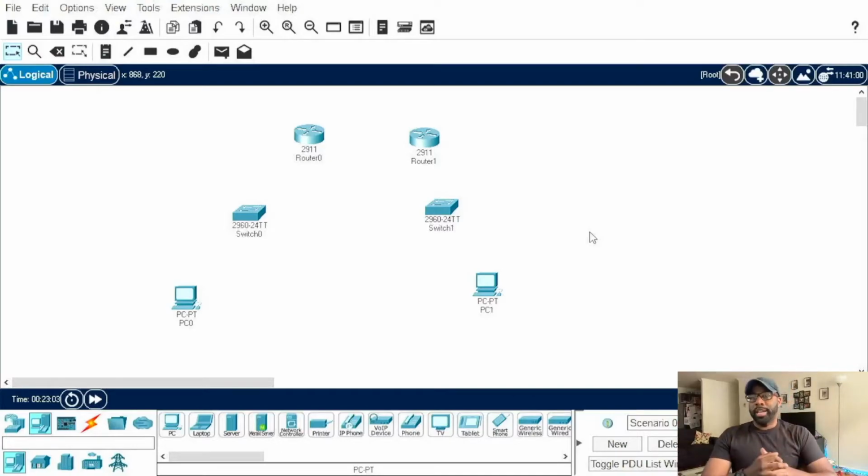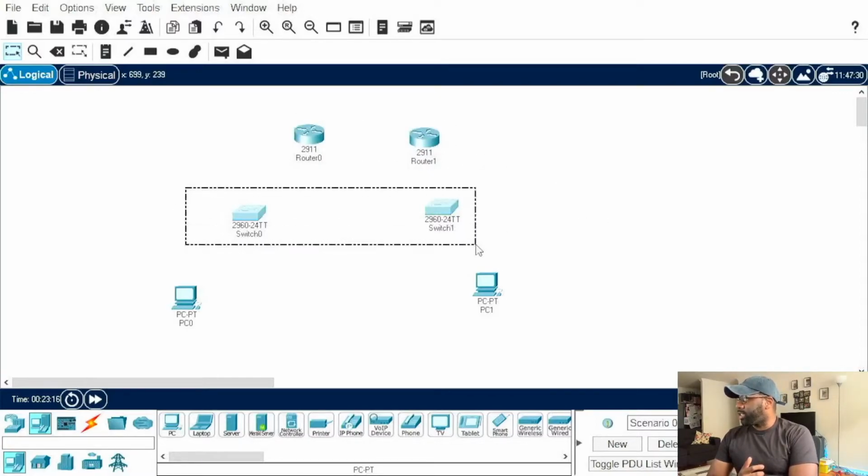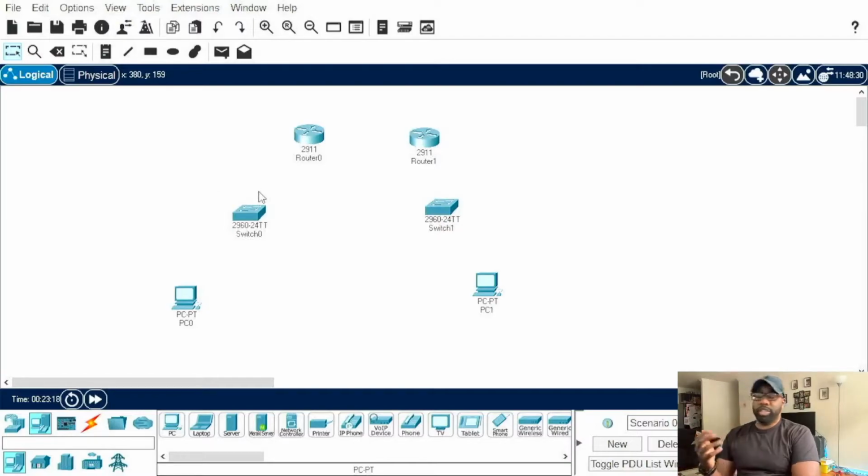I have my IP addressing scheme. I have the scheme I'm going to be using on the point-to-point link between these 2 routers. I have the IP addresses that I want to give each respective VLAN. I even threw in a little bit of DHCP there, made sure that I had those bearings straight, and it